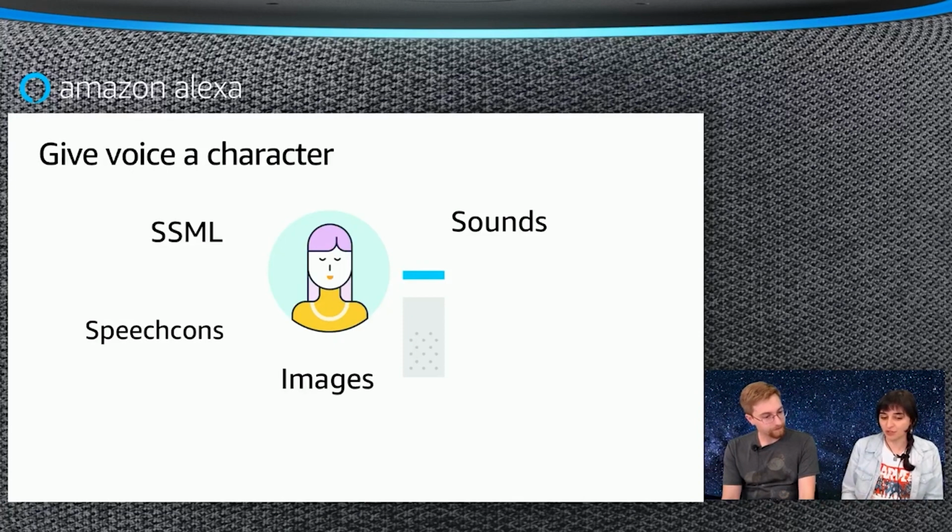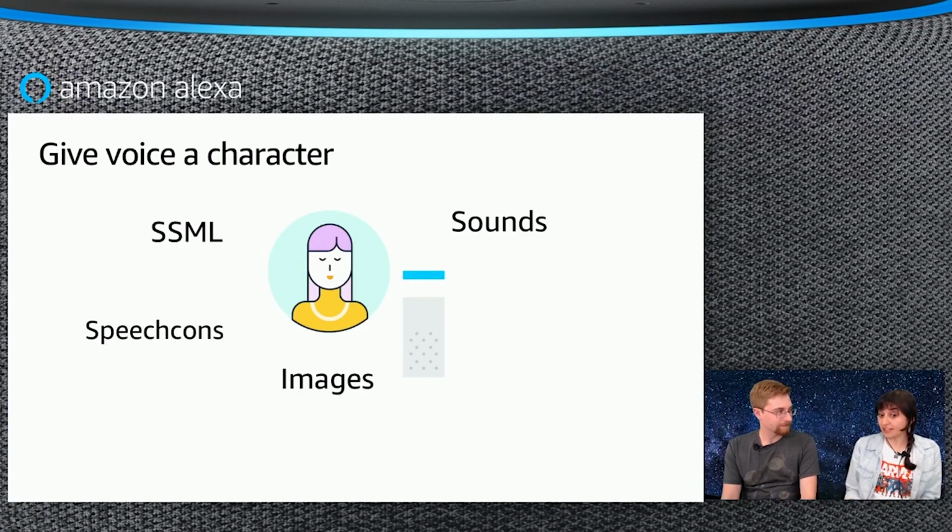We also have speechcons. The speechcons are phrases and expressions that we pronounce differently based on our culture. For example, if we are in Australia, instead of hi, we say good day. So that's the way that we want Alexa to say hi. Is that a speechcon? It is. Yeah, that's cool. So when people want to create experiences for different locales, they can search speechcons and the name of the country. There's so many different cool things that they can choose, and that adds another layer to their skills.